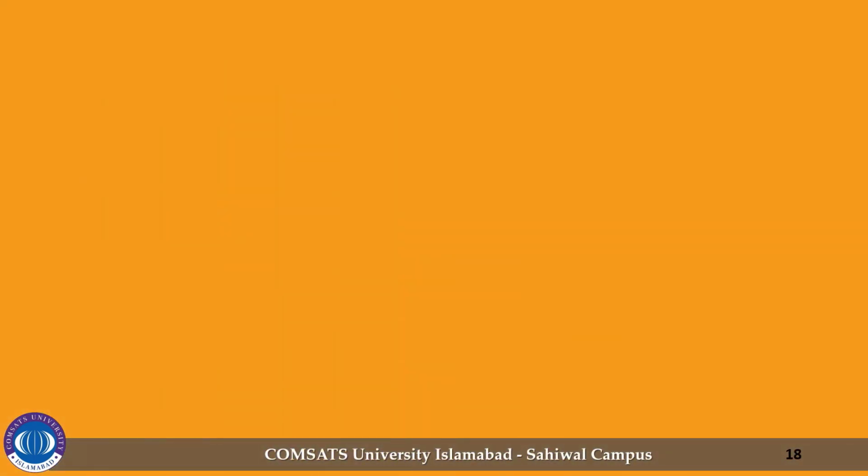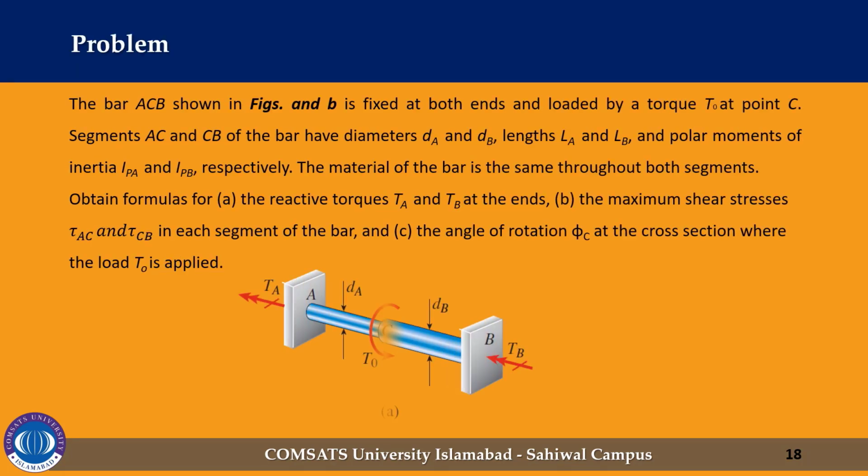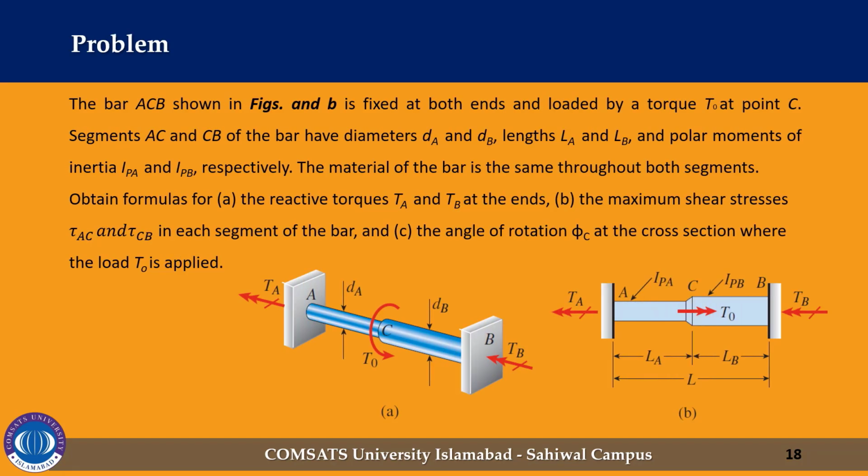The preceding discussion illustrates the general methodology for analyzing a statically indeterminate system in torsion. In the following problem, this same approach is used to analyze a bar that is fixed against torsion at both ends. In this problem, we assume that the bars are made of linearly elastic materials. However, the general methodology is also applicable to bars of non-linear materials. The only change is in the torque displacement relations.